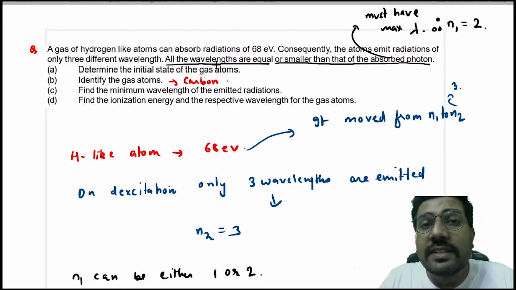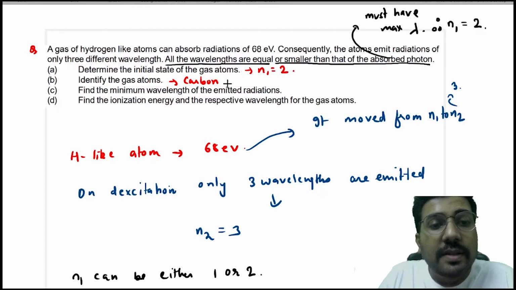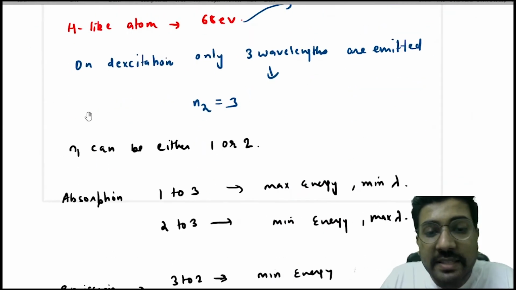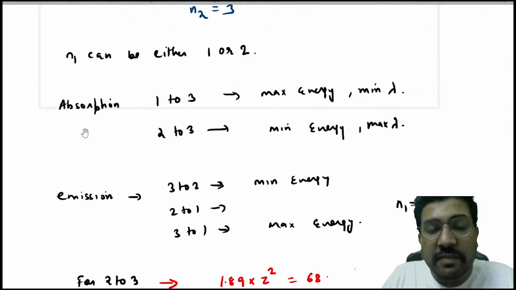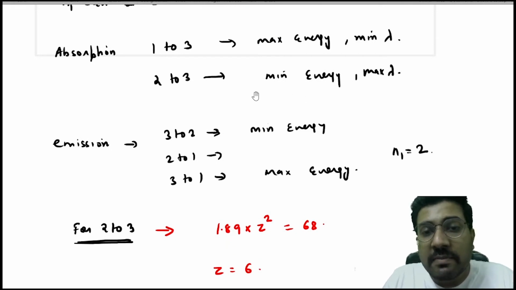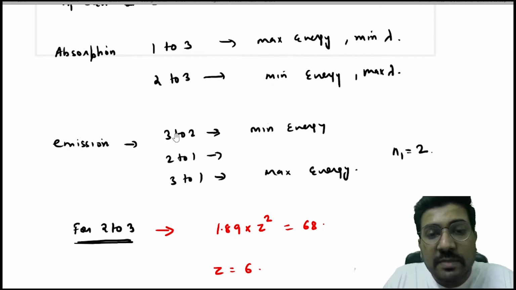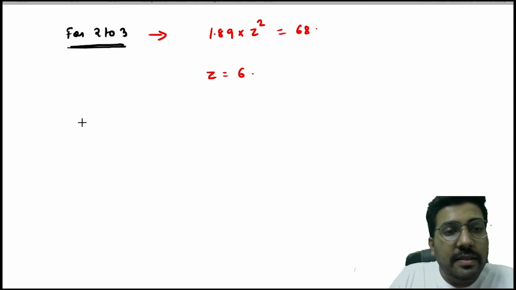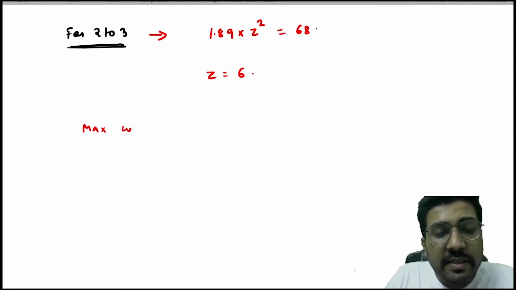Determine the initial state of the gas atom. That means N equal to 2. Find the maximum wavelength of the emitted radiation. Now the maximum wavelength of the emitted radiation will be, see, obviously this one. This one is minimum energy, so maximum wavelength, right? So the maximum wavelength will be,